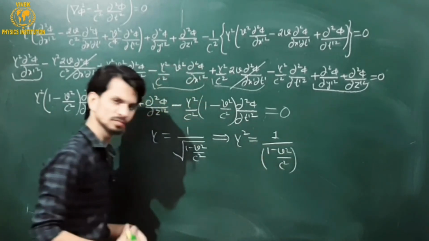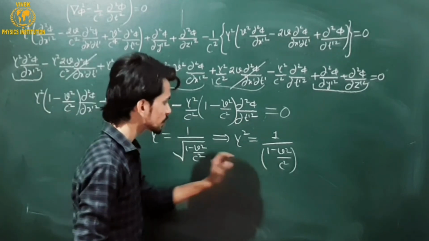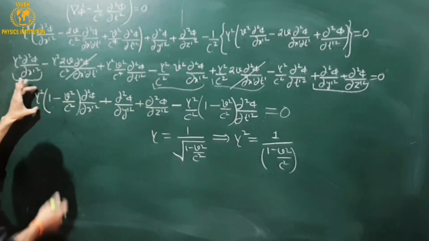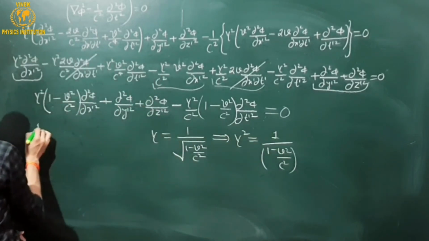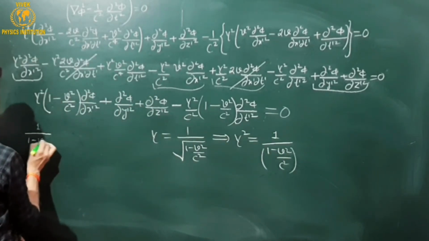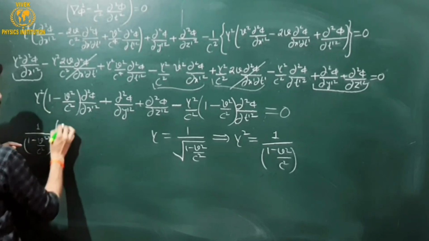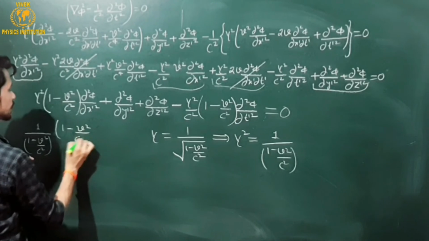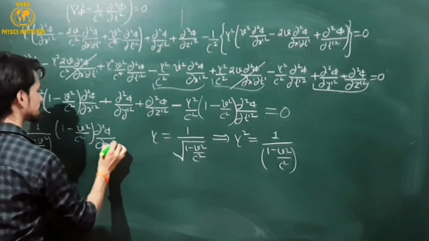Its square root will vanish. So this is the value for gamma square, and I can write it here. Just remember, this is 1 over this one: 1 upon 1 minus b square upon c square, and multiplied by 1 minus b square upon c square del square phi over del x dash square,